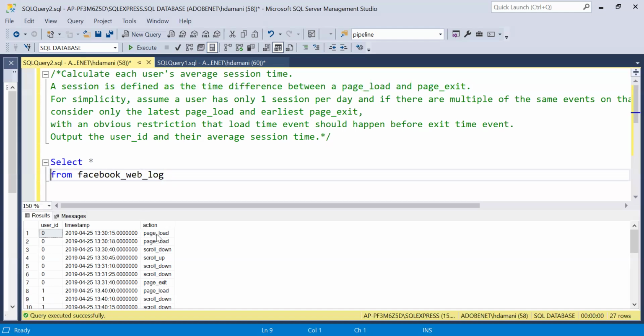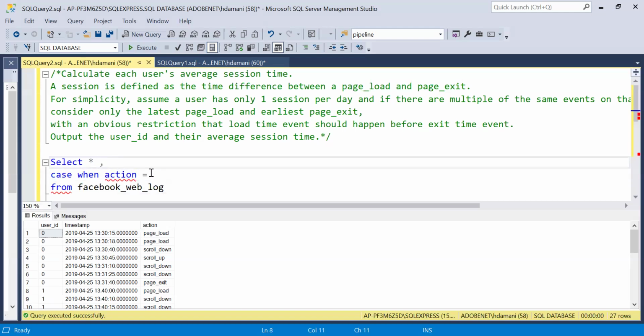Since in this problem statement we need the page load and page exit timestamp values, I will create two different columns: one column will give me the page load time, and the second column will give me the page exit time, right? In order to create two different columns in SQL, we have the case when statement, right? So I will use case when action is equal to page load,